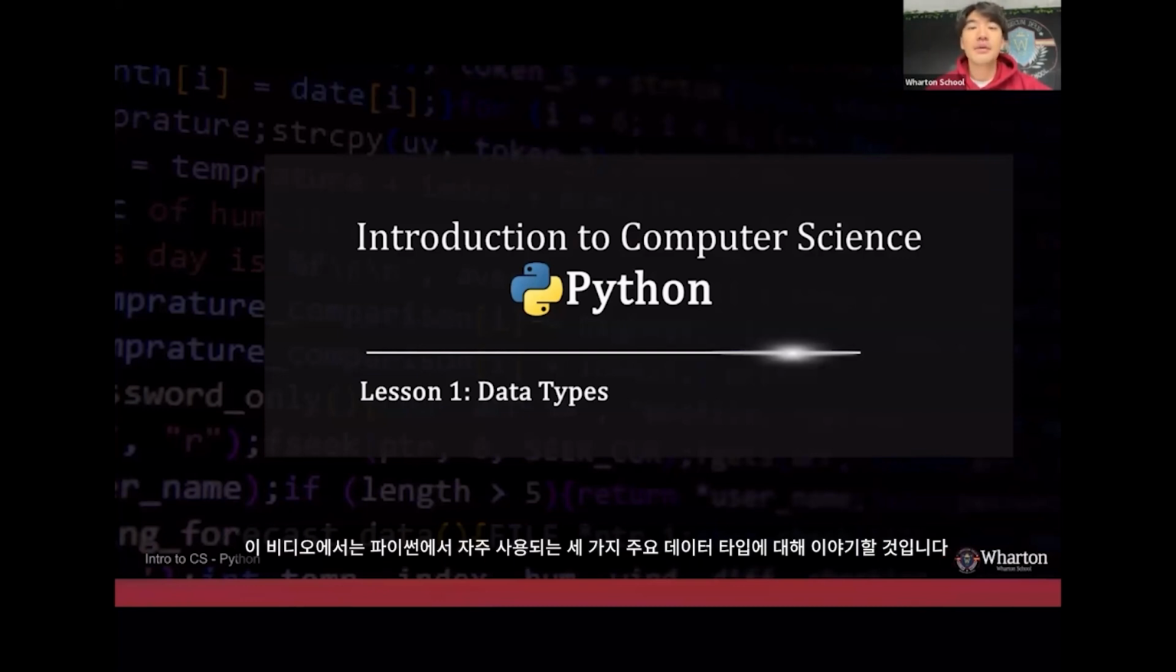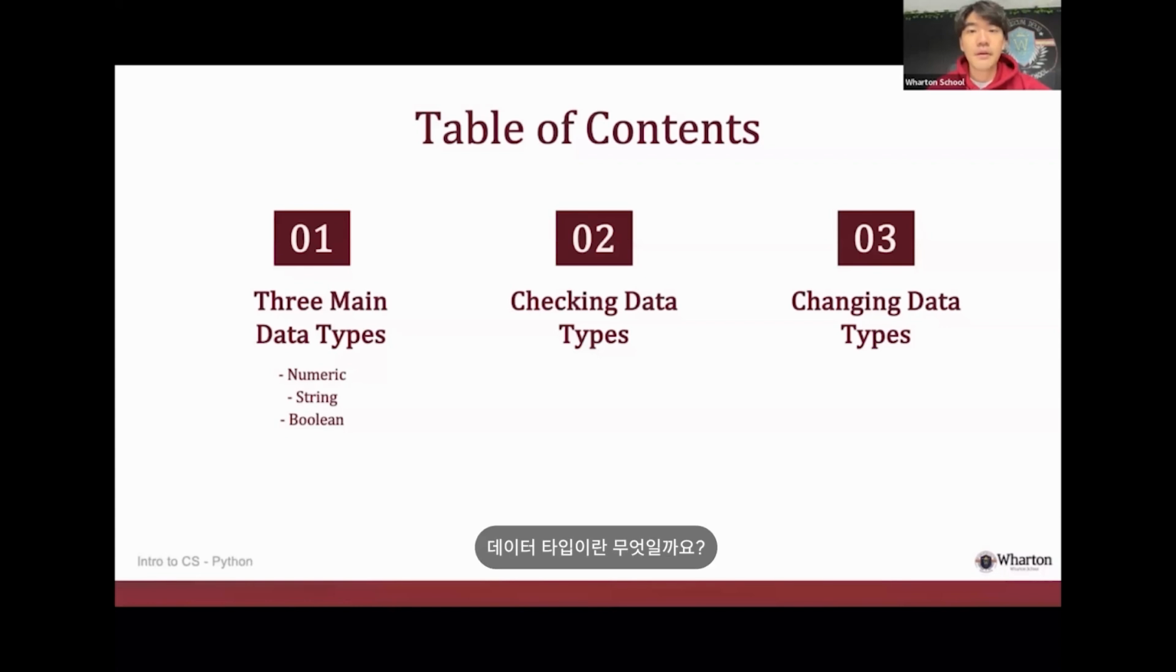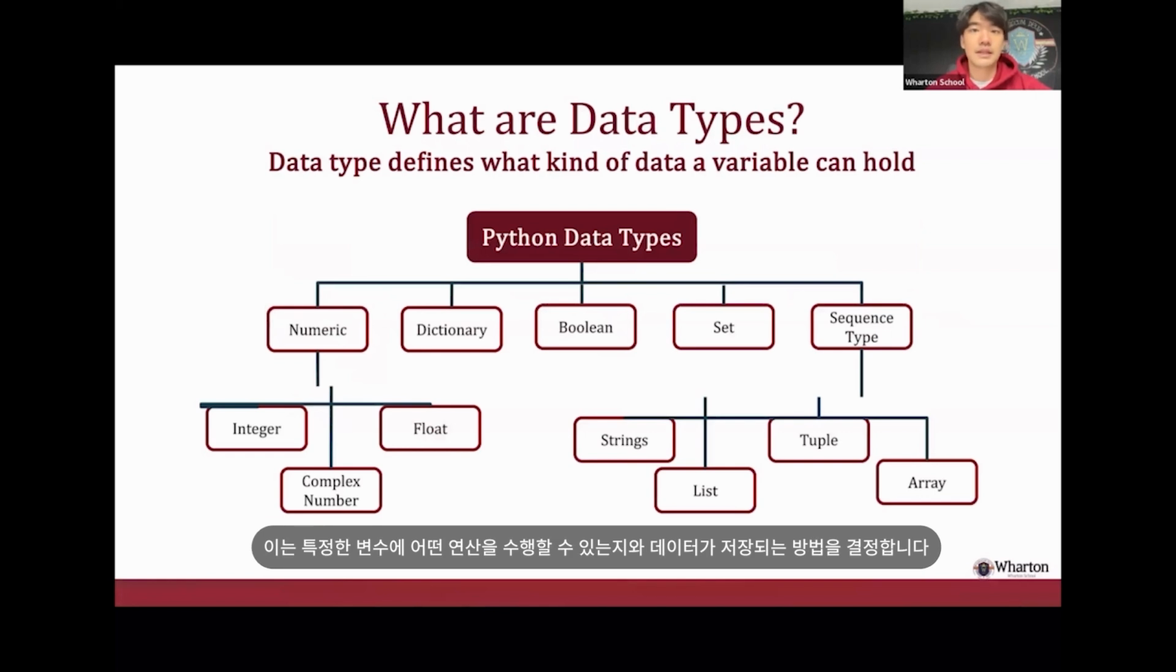In this video, we'll talk about the three main data types commonly used in Python, and then learn how to check and change data types of a variable. First of all, what are data types? Data types define what kind of data a variable can hold. This is important because it determines what kind of operations can be performed on the variable and how the data